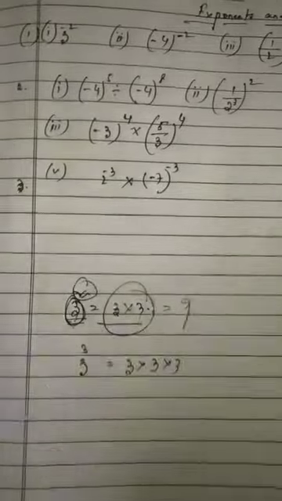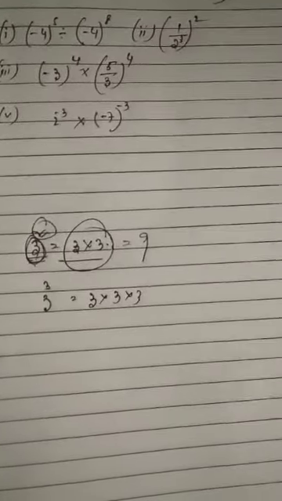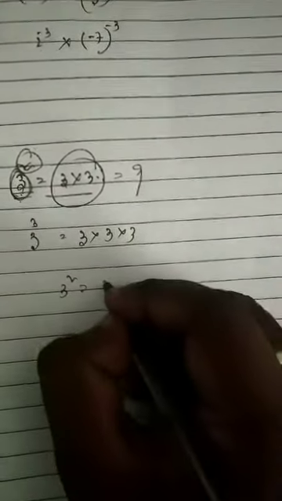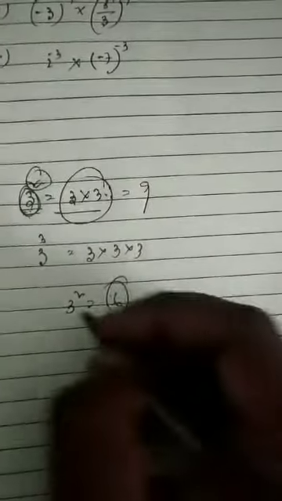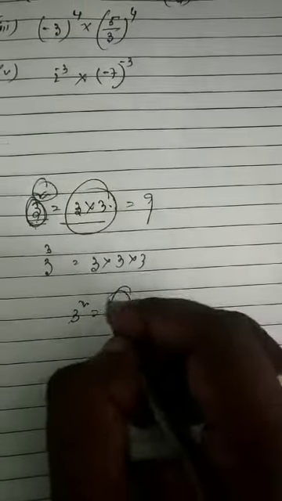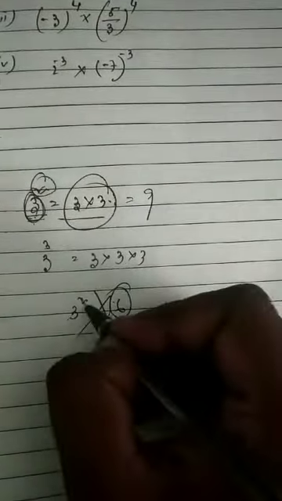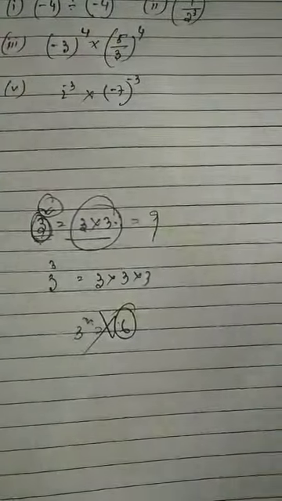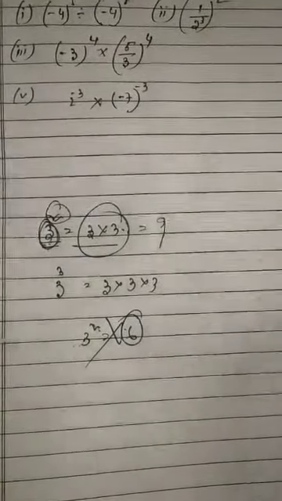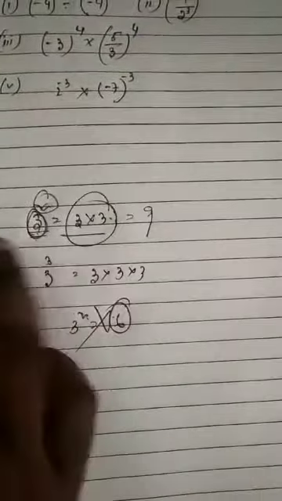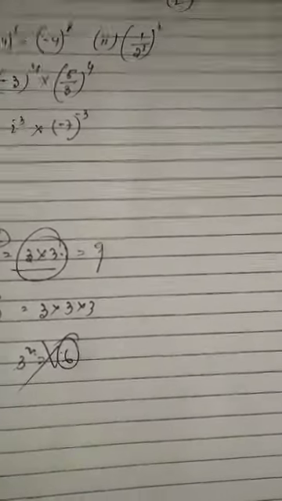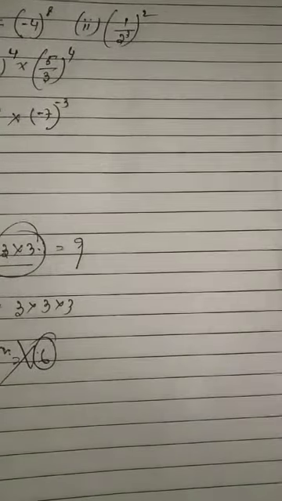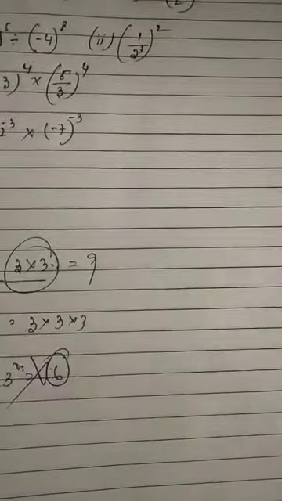Children, throughout my teaching experience, I have seen that most students make the mistake that whenever they see 3 square, they multiply 3 into 6. They directly multiply base with power. It's absolutely wrong. Base never gets multiplied with the power. 3 square means the value 3 is multiplied twice, by itself. 3 into 3, that is 9, not 6. Now the question arises, sir, what about the value which is negative?